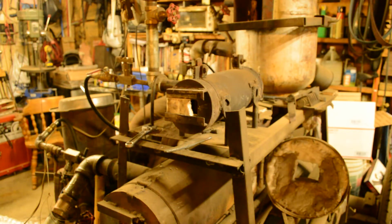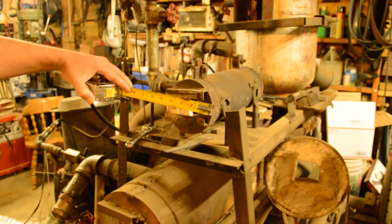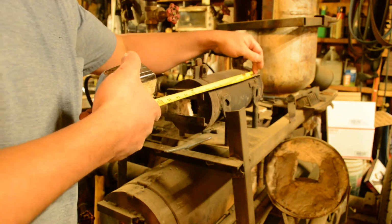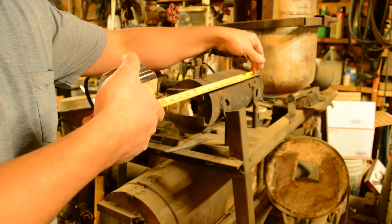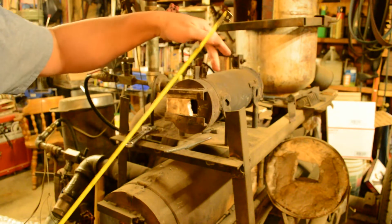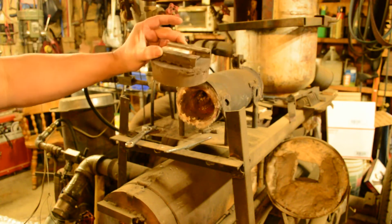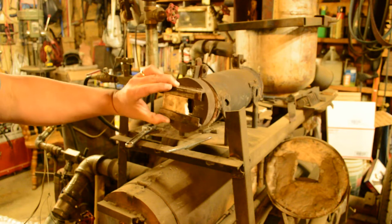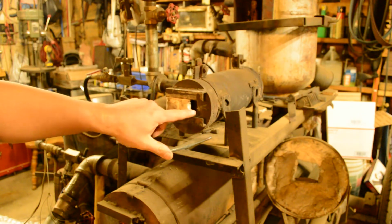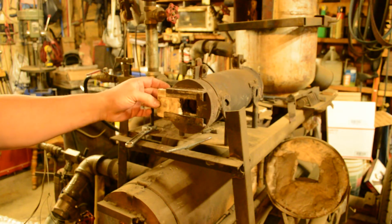The dimensions are, outside diameter is 4.5 inches. The burner body is 8.5 inches long. So 4.5 inches by 8.5 inches. It's got front and rear doors that just come up on hinges. There's angle iron right here that supports a little piece of, you can either use a little bitty piece of